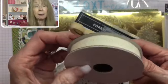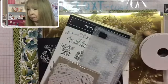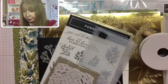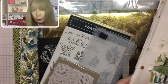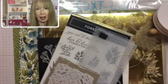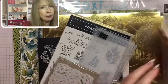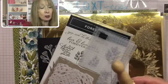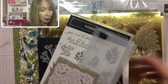If you didn't get them, put them on your list. They're called, I have to go back to my catalog, they're called the Forever Greenery Trim Combo Pack. Put it on your list, and you may even be able to order it. I'm not sure. And just pay now, and they send it to you when it comes in. I'm not sure about that. All right,